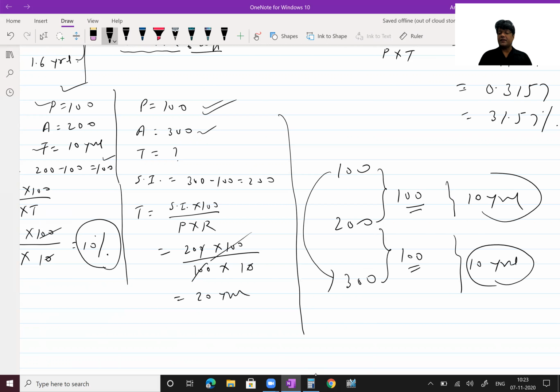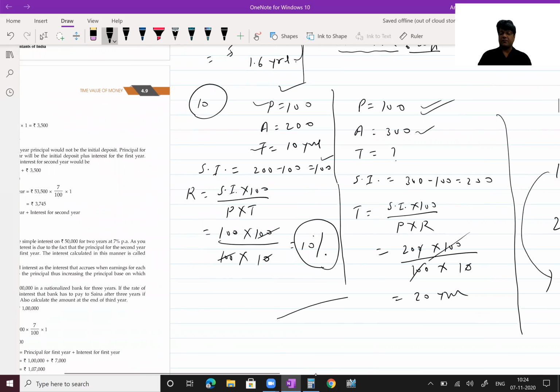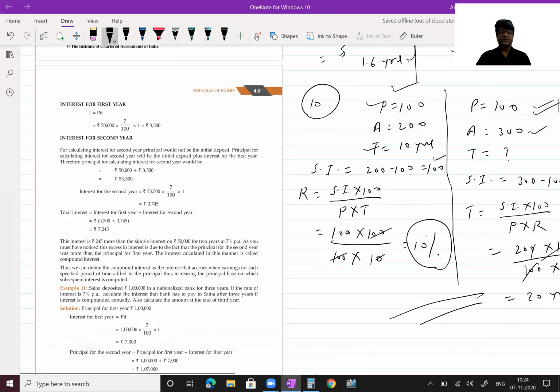So 10 years and 10 years, it will take a total of 20 years. This way also you can think, but that is not mathematical style thinking, not mathematical solving. So on the left side I have solved it mathematically. Now,